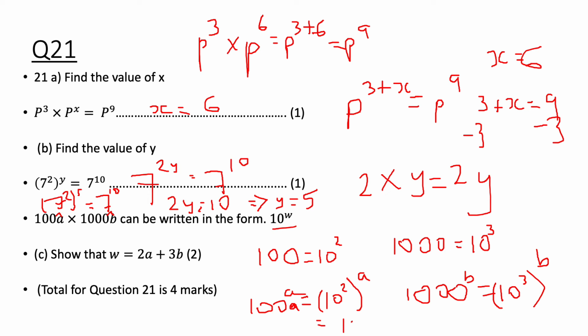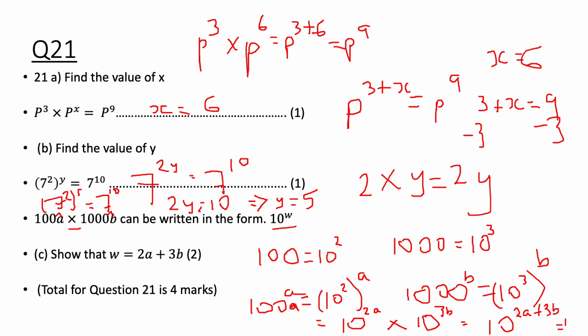So I'm going to have 10 to the 2a times, because I've got a times here, 10 to the 3b, which implies that when I multiply, the rule of indices is add the powers, so 10 to the 2a plus 3b,